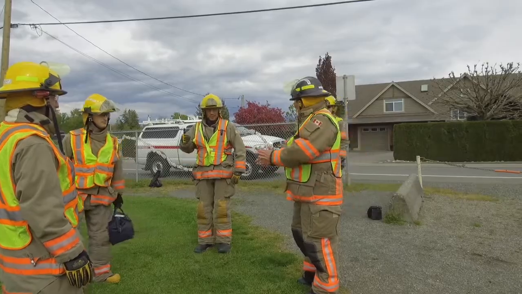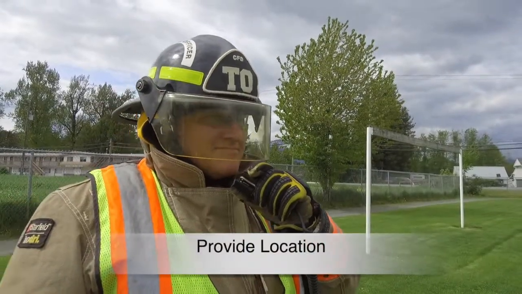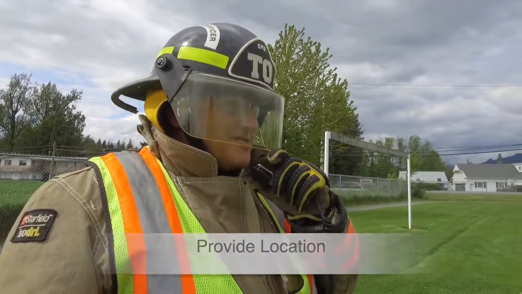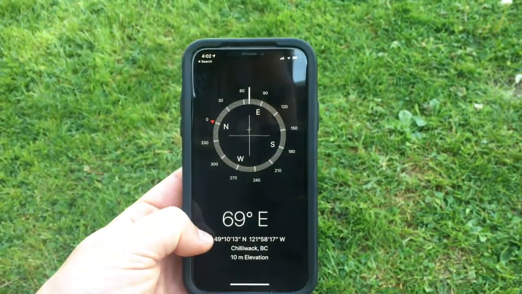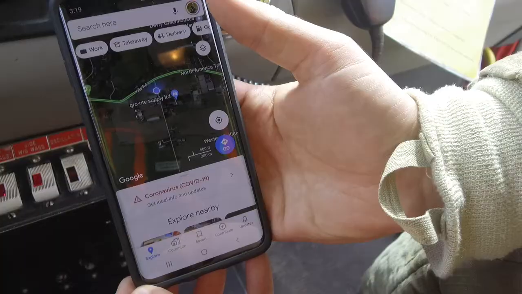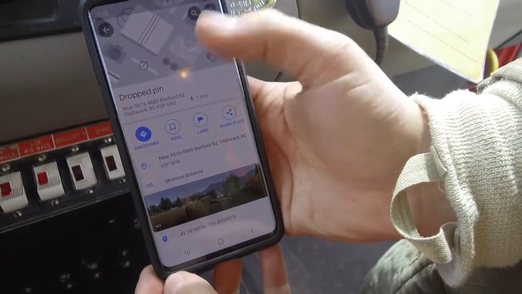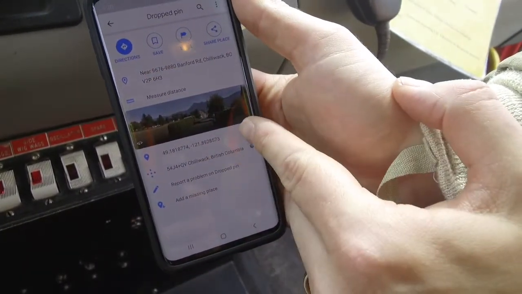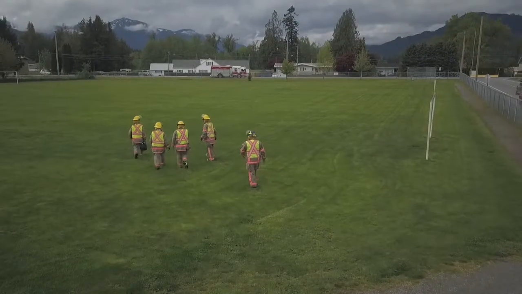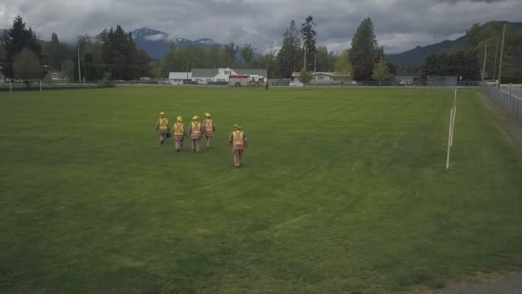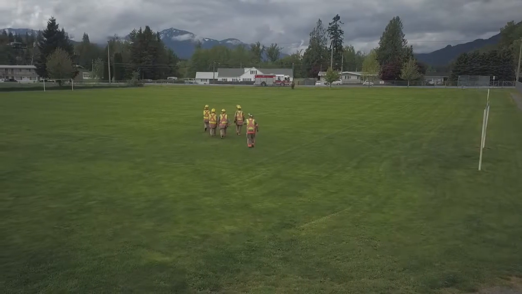of an aircraft accident. The landing zone manager should relay GPS coordinates to dispatch, which can be obtained on most smartphones. Where coordinates are not available, provide a street address or a well-known landmark. Crews should walk the landing zone area to ensure that the ground is not too soft and is free of